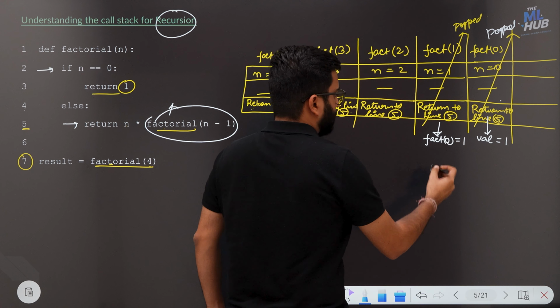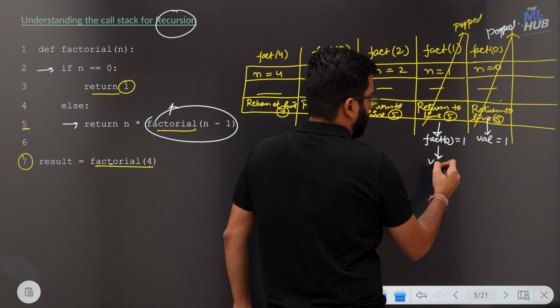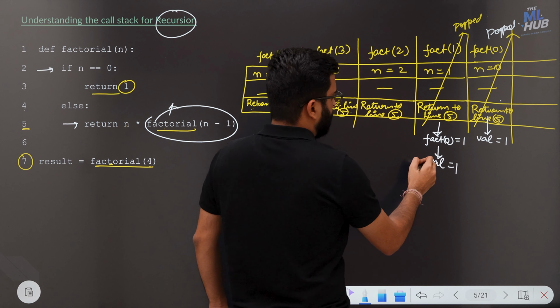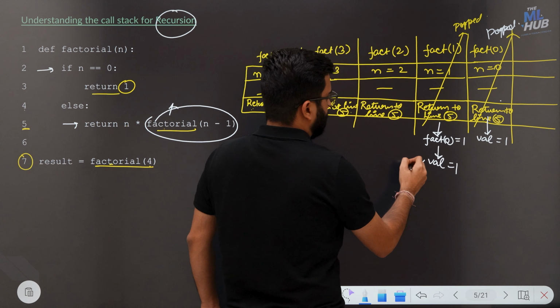This will be popped, and it will return the value 1 to this function or this call stack. At line number 5, the value of factorial 1 will come from here, which is 1. So we have the value as 1, n is 2, n times factorial 1 would be 2. So this now will return